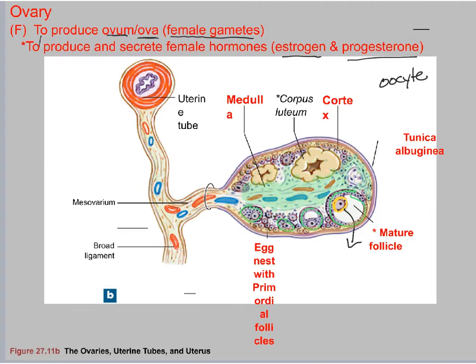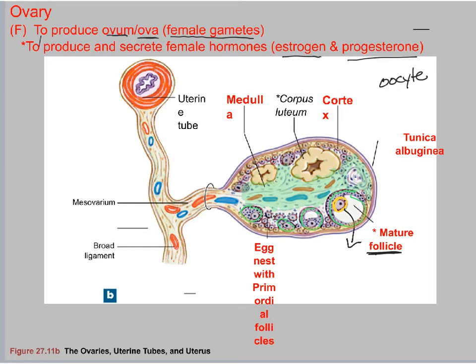And in that cortex is where you're going to find the follicles, the capsules where the egg cell is developing. And in this picture, I also want to draw your attention that you see these follicles in various sizes, and the size indicates the